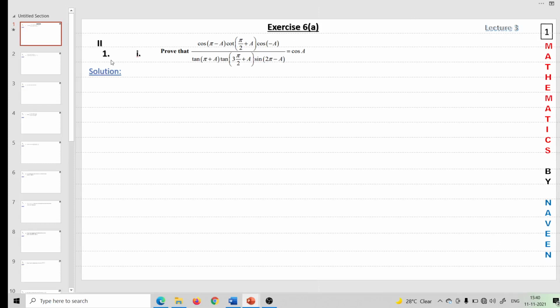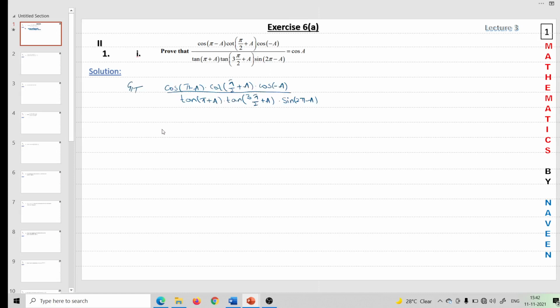Second Roman, first bit, first problem. Prove that cos of pi minus a into cot of pi by 2 plus a into cos of minus a, divided by tan of pi plus a tan of 3 pi by 2 plus a into sin of 2 pi minus a, is equal to cos a. Given that